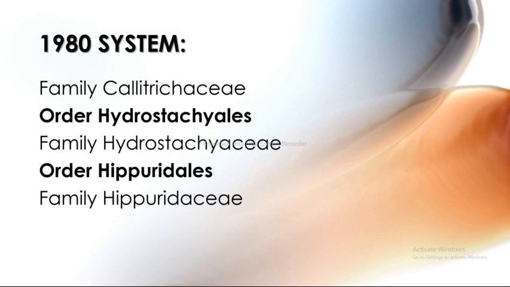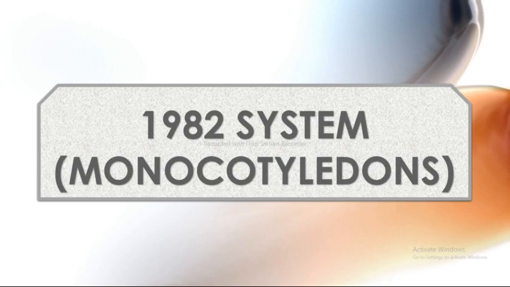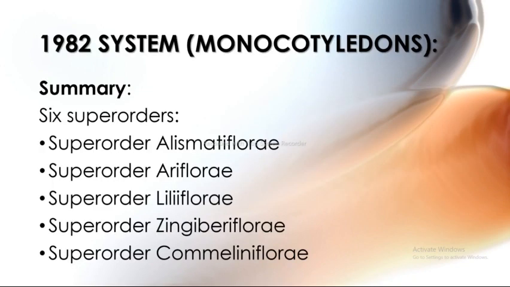So the next order is the Hydrostachyaeals. And this Hydrostachyaeals includes the family Hydrostachyaceae. And the next order is the Hipporideales, which includes family Hipporidaceae. And the next I am going to discuss about 1982 system Monocotyledons. This 1982 system Monocotyledons includes the summary, which includes 6 superorders. And these 6 superorders are the